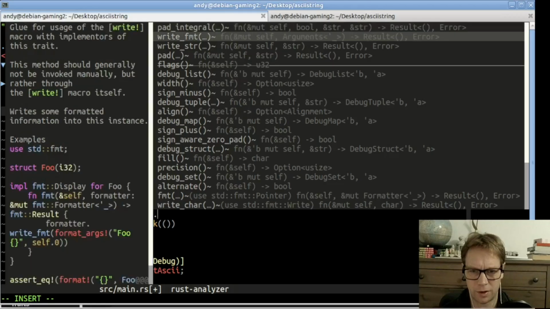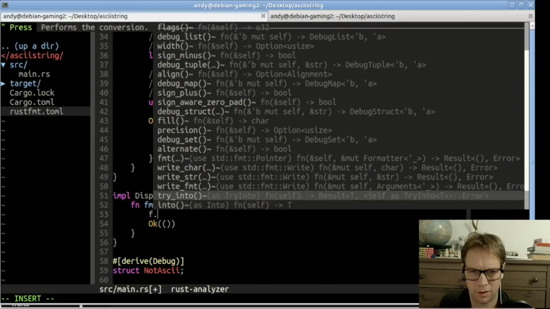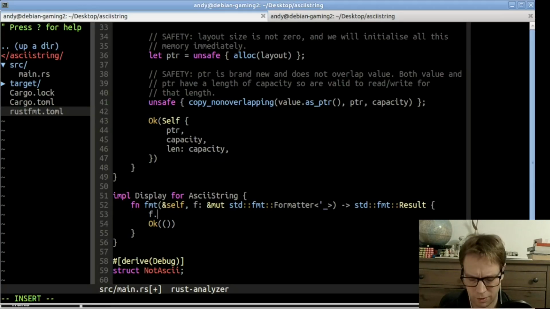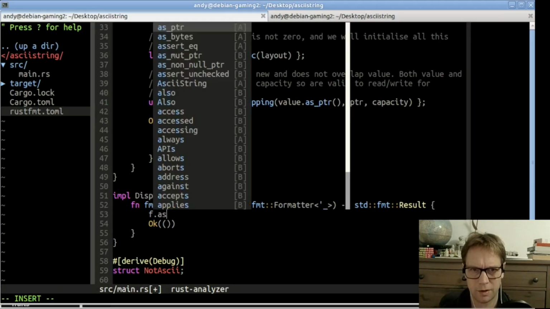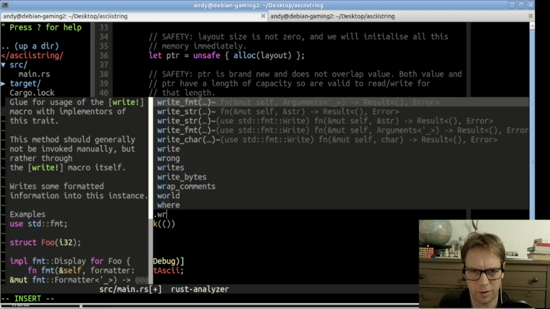We can write a char, write a str. We could convert it to a str by turning it into bytes. No, so this would be write_str